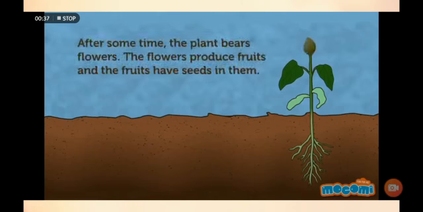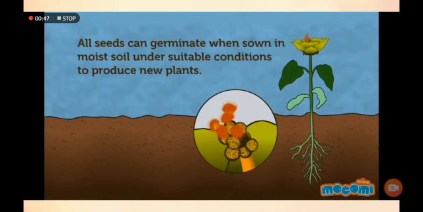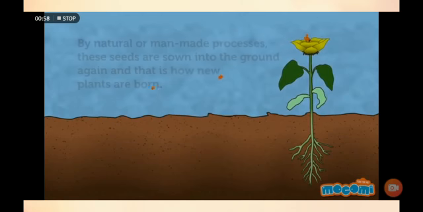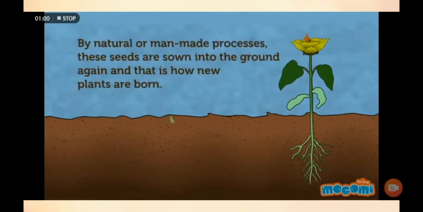On this new plant, after some time, the plant bears flowers. The flowers produce fruit and the fruits ultimately have seeds in them. All of those seeds that are present within the fruit or within the flower are able to germinate on their own once they are dispersed by any means, either by wind or by animals. Once they are dispersed in their surrounding environment by natural or man-made processes, these seeds are sown into the ground again, and that is